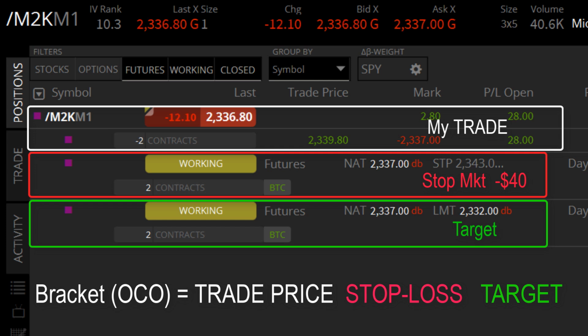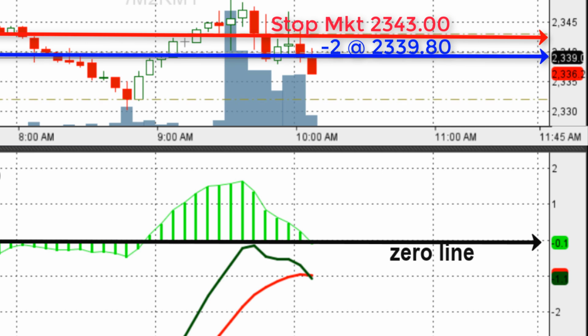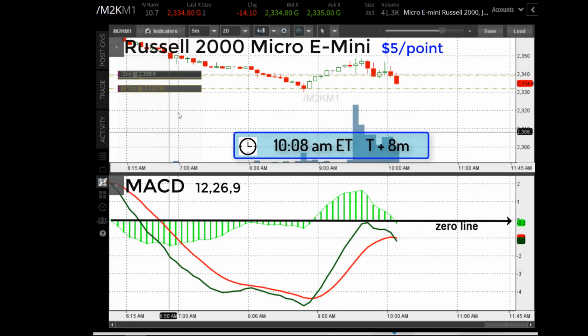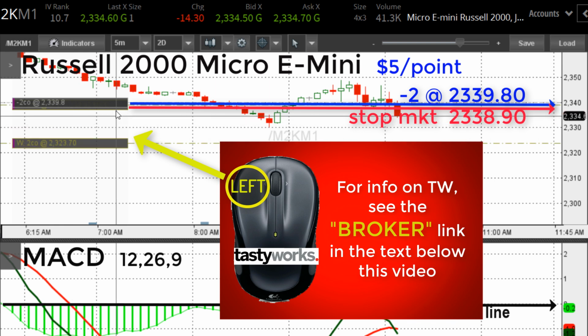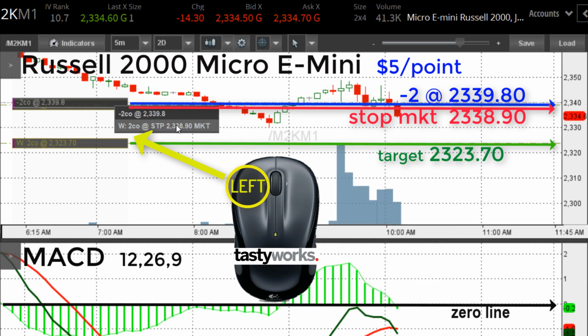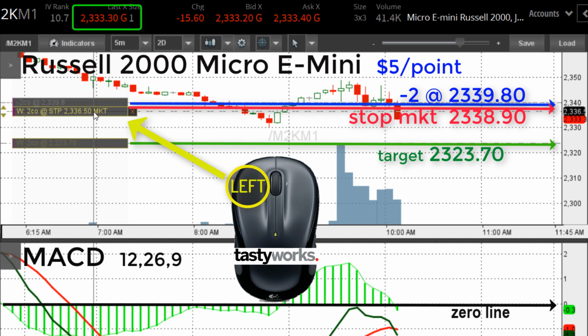I have a target, I have a $40 stop loss, and the market's trading about $20 up for me right now, down around 2337. And remember, I'm short at 2339.80. And I'm 6 minutes into the trade here. And one of the things that I'm thinking about now, I'm trading 2336 now, and I'm going to take that target and move it back down a little bit to 2370. And I'm going to, since I'm about 5 or 6 points ahead now, I'm going to take this click and drag stop order,